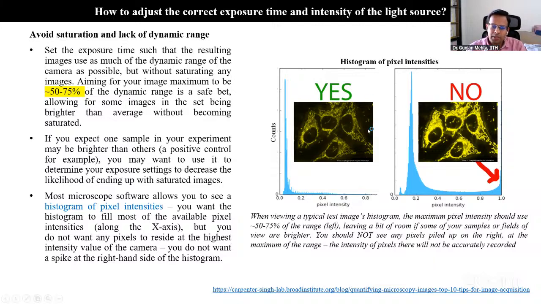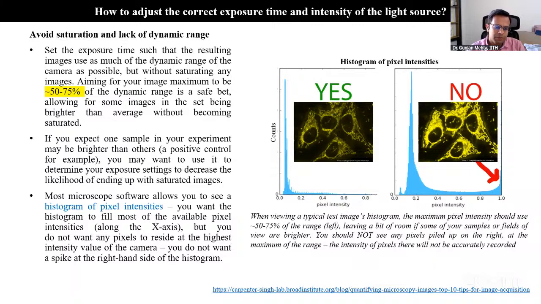So here you can see two images, right? This one is captured with one exposure time, and this one is captured with a very high exposure time. So what difference can you see here? The difference is that when you capture an image with a very high exposure, you can see that some of the pixels are saturating. So this kind of image is not good for quantification. Quantification means if you want to measure the fluorescence intensity, you should not use this kind of image where the pixels are saturated. You should always use an image where the pixels are not saturated.